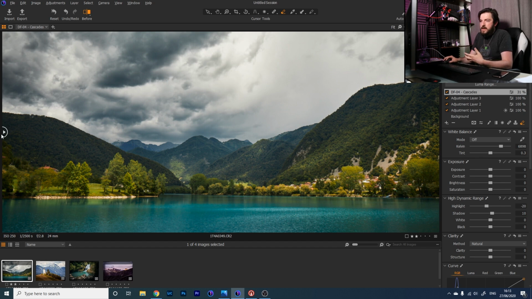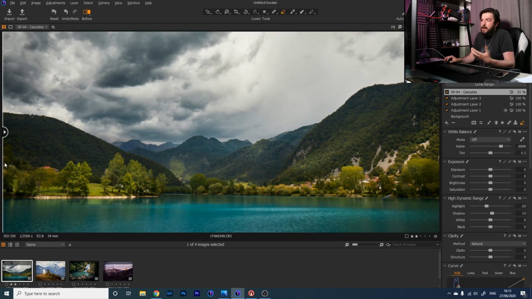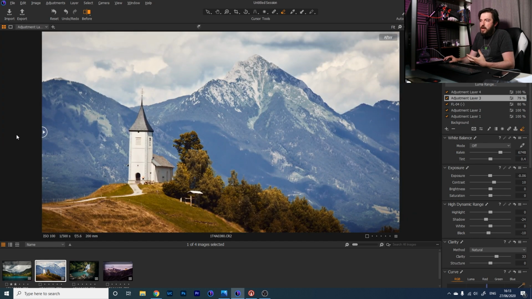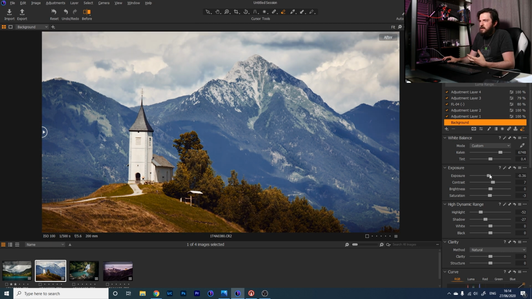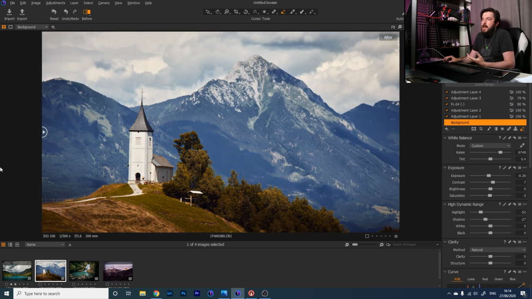And on all of these, I'm pleased. Going back to this lake scene, oh dear, what have I just done? Don't know, ignore that. Back to our original shot, it was a fine snap, but we've been able to turn it into a much more dynamic looking shot. With this image, why not, while we're in here, just pull that exposure down a little bit. It's a bit too bright. This now has gone for a bit more of a dreamy looking effect, and I think that's really,